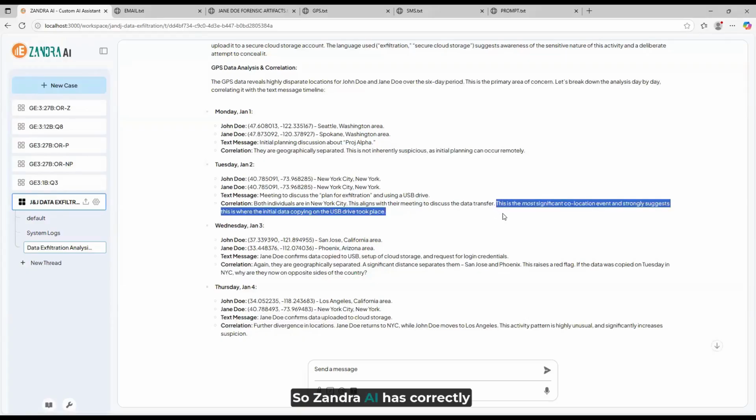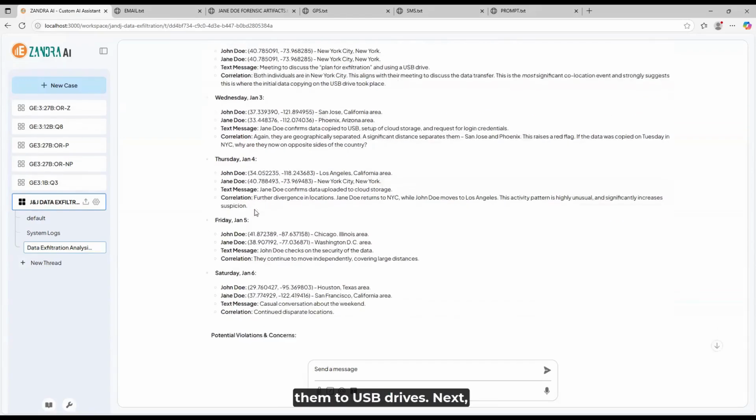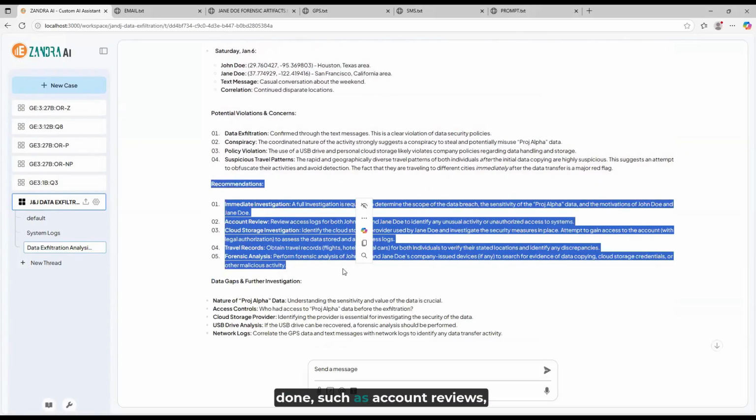So, Zandra AI has correctly identified that this is the most significant collocation event as it matches what they're saying in the text conversations with where they are physically, and what they're saying in the text conversations matches the email communications, as well as the actions taken to write the SQL queries, reduce the results, and then copy them to USB drives. Next, the system recommends some different things that can be done, such as account reviews, forensic analysis, and